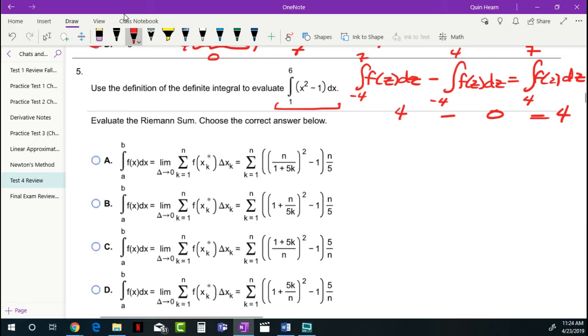Okay, now let's move on to the next exercise, which is item number 5. And we're going to,